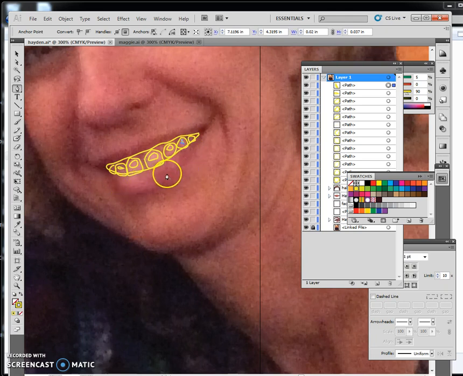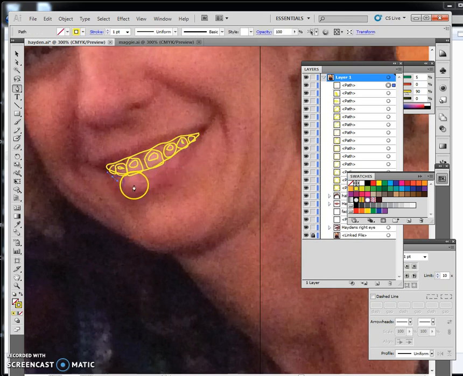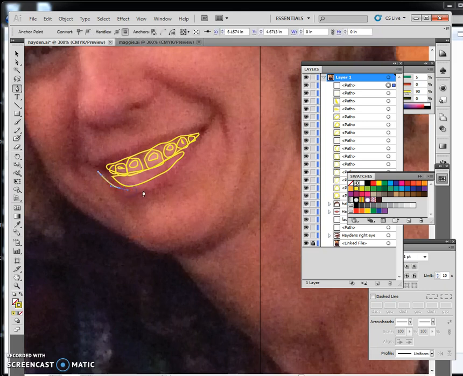Okay, so now I'm going to do my bottom lip. I'm doing the highlight, clicking and dragging. Okay, then I'm going to do this part of the bottom lip, clicking and dragging. And then